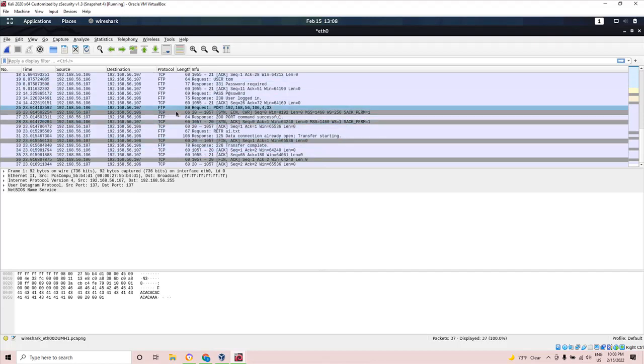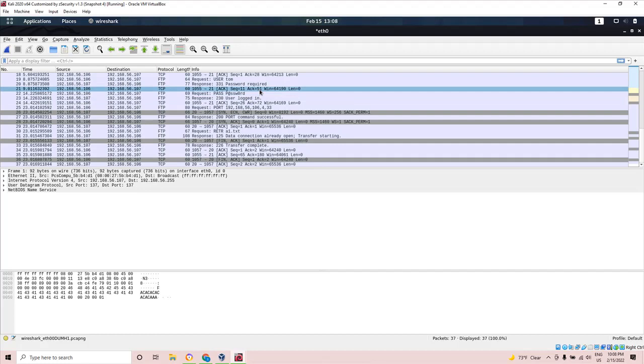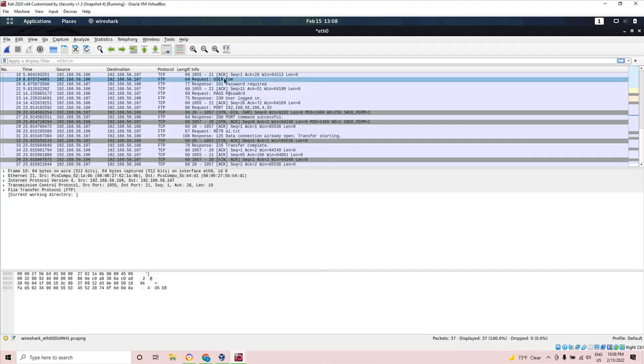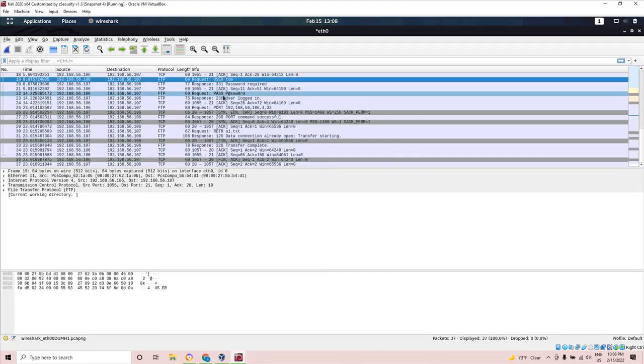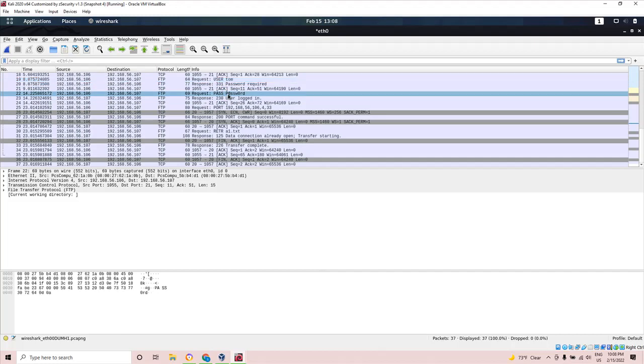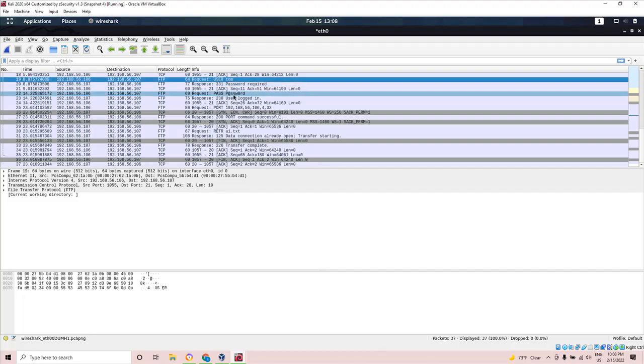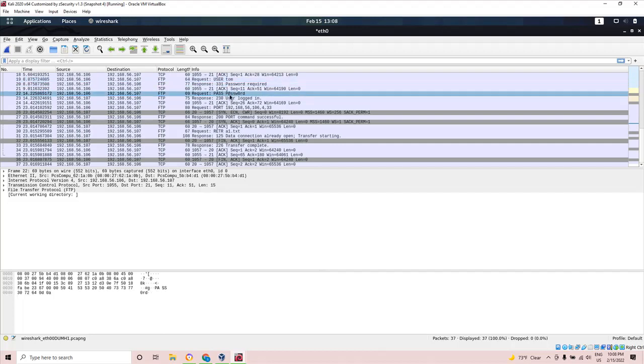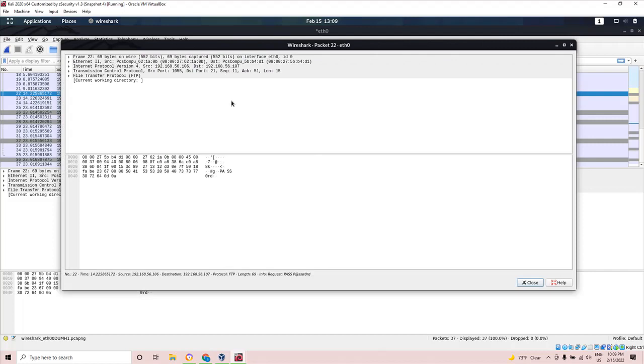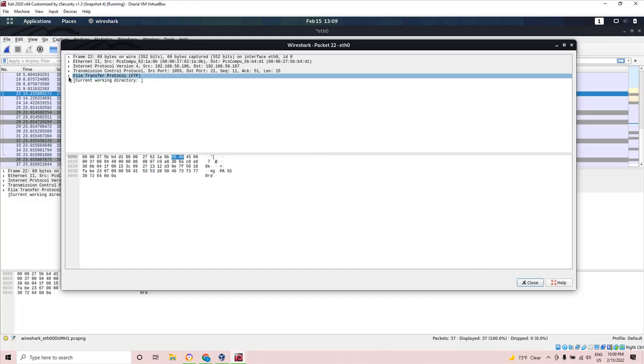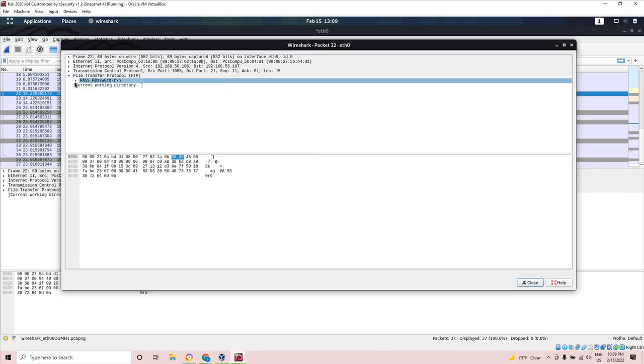Okay, so now I can see the FTP. I can see username Tom and the password is here. See, we are able to find the username Tom and the password. See here, you can see the password here,